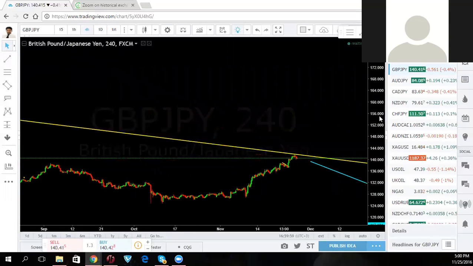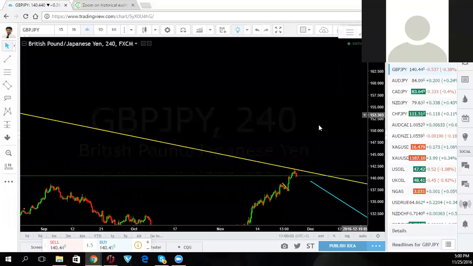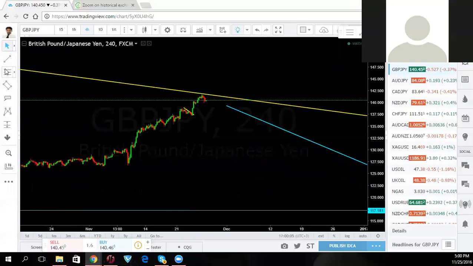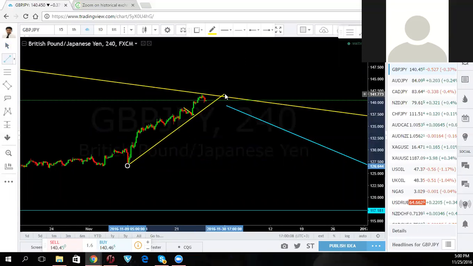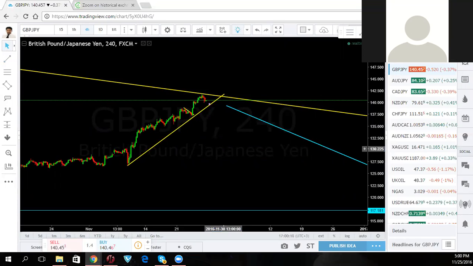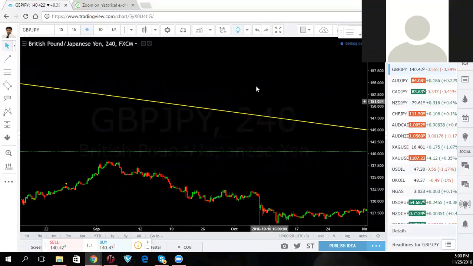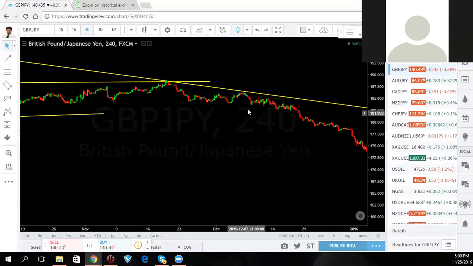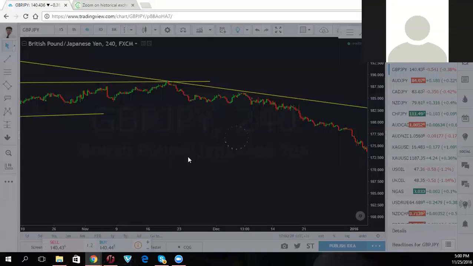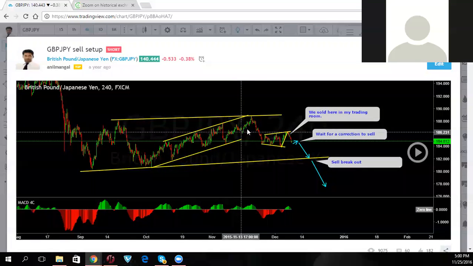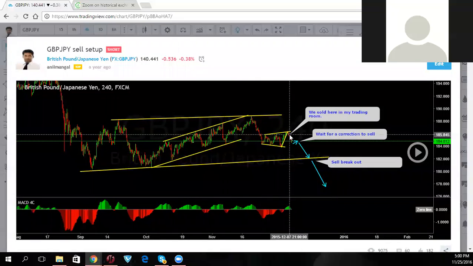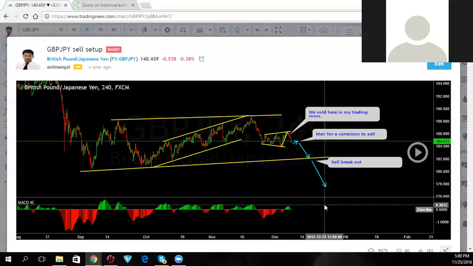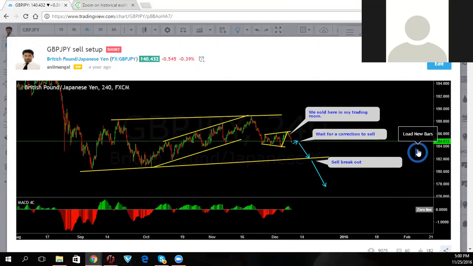4 hour. Let's see. Wait for it to break the structure. It has to first break the structure, make a flag, and if it does, you sell that flag. Let me show you what it looks like in a 60-minute on the previous one. This is what it looks like in a 60-minute and a previous one here, right? You break out of the structure. See that? We break out of that structure. We make an impulse. We make a flag. That's your sell setup. That's it. That's your sell setup.